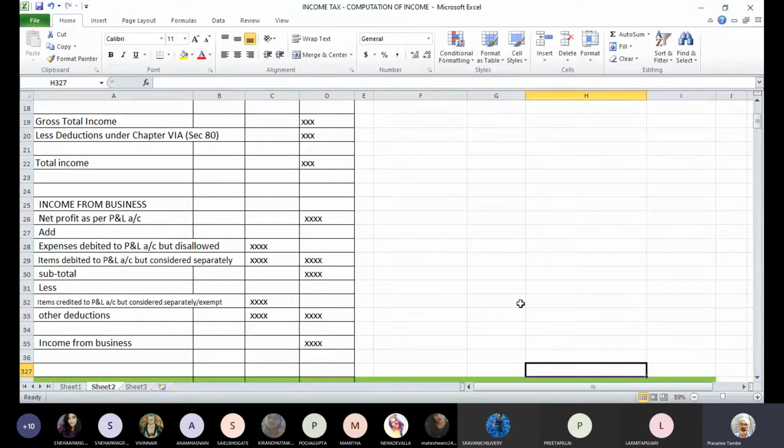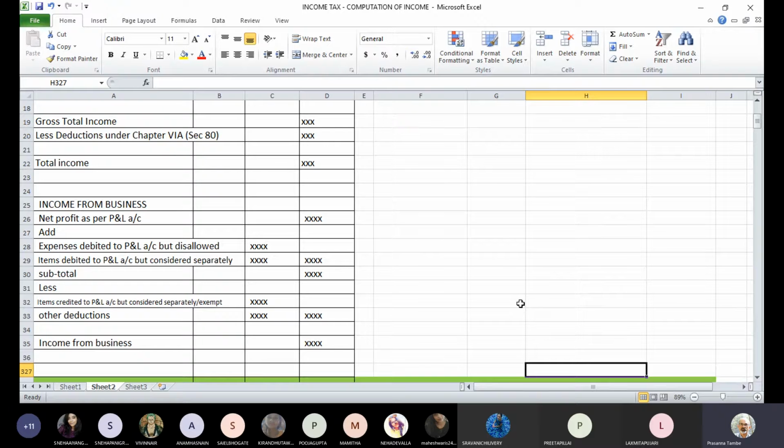Now when you look at the profit and loss account, the profit and loss account will be having a gross profit, since you already prepared a trading account which comprises of sales, opening stock, purchase, closing stock and some of the other expenses, and then you will have the gross profit. So P&L account will have a gross profit. It will have some other items of income. So these items may be related to business or it may not be related to business, because you are looking at a proprietor's P&L account.